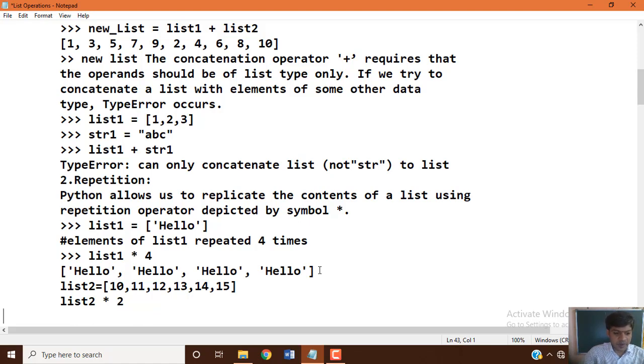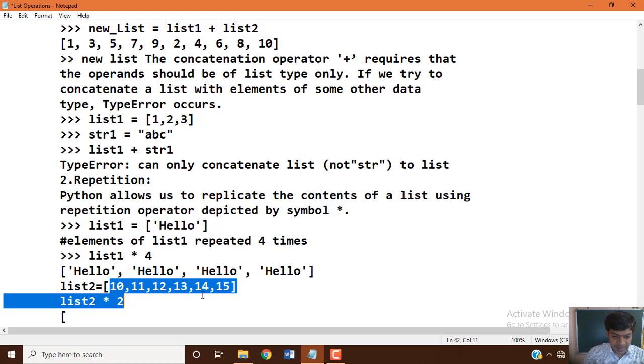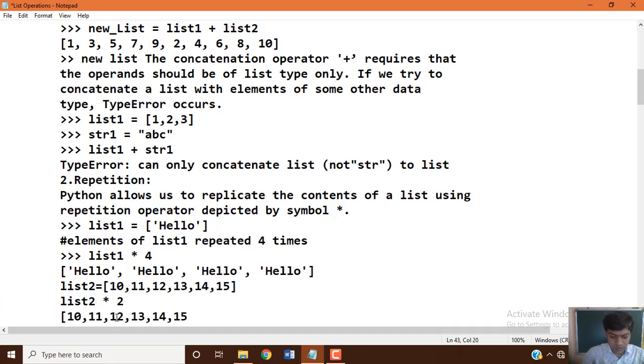Then if you print that output, you will see the complete data items printed first one time, followed by the data items repeating again from start to end. So now see, earlier we took a string value, now we took integer values to perform the repetition concept.